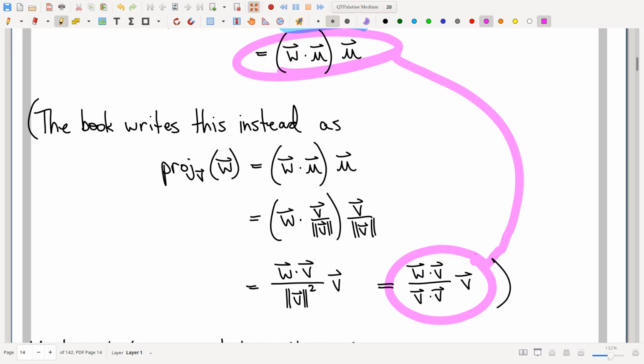The book's formula is what I'm going to call computationally convenient, because we're given a vector V and a vector W, and the answer is in terms of V and W that you were given in the first place. So when it comes to plug and chug, there is something kind of nice about that. But let me point out as well, there is actually something not nice about it. Ultimately,